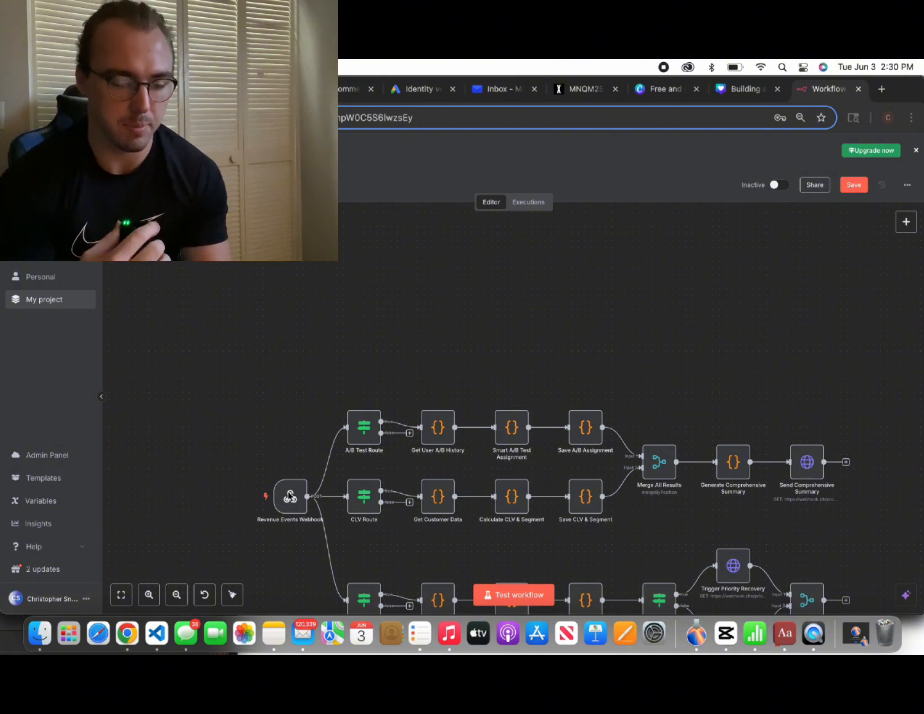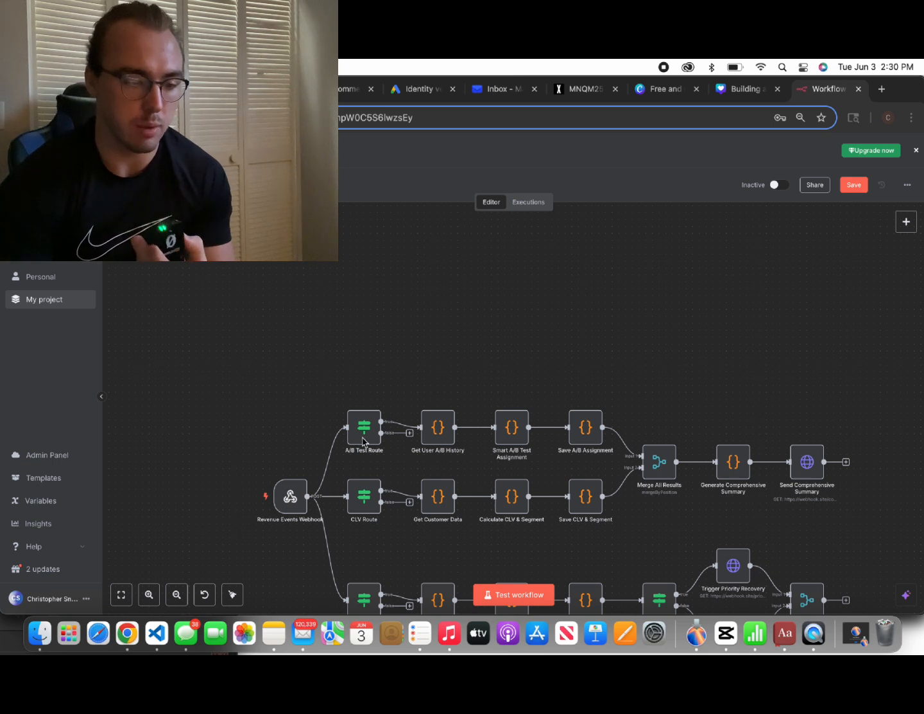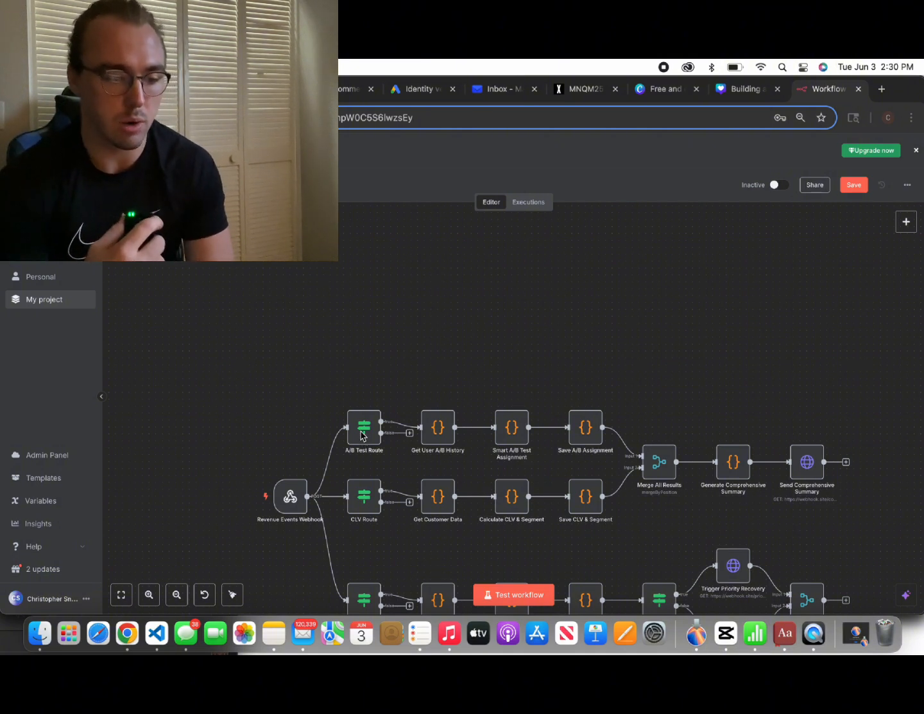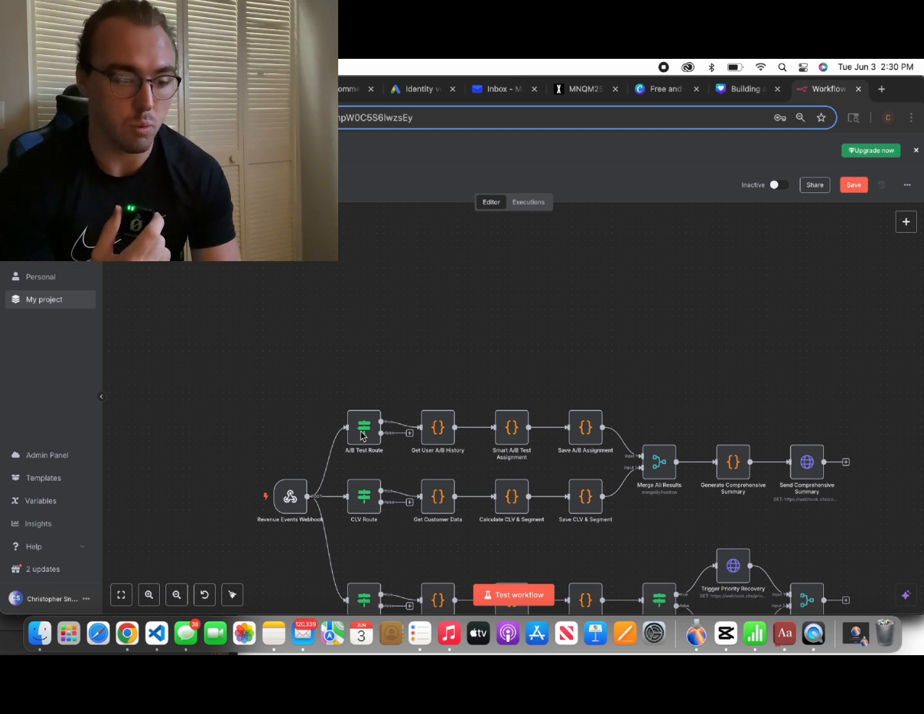Then we're going to move from the top branch to the middle branch and then the bottom branch. We're starting with the top branch. We have our if function. This is going to be an A/B test route, and it's responsible for checking: has a user visited your website before? If a user has not visited your website before, it's not going to move on to our next steps within this workflow. But if a user has visited before, it's going to get that specific user's